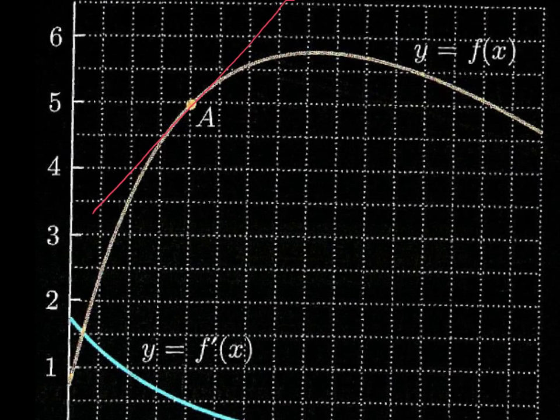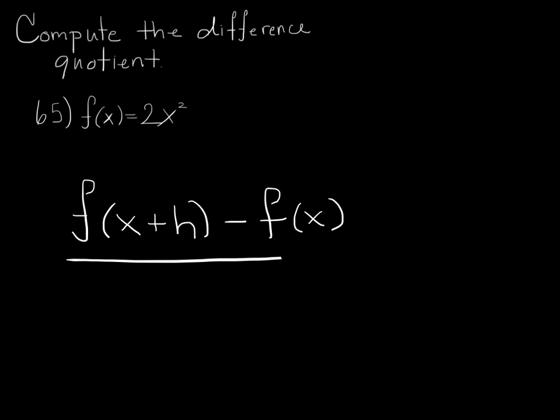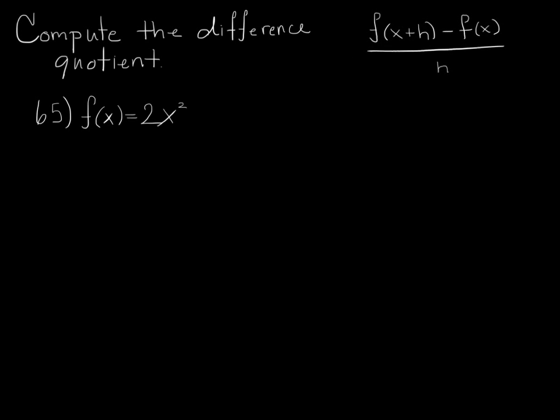Okay, and finally for the last problem, number 65. In number 65, we are computing the difference quotient for the function f of x equals 2x squared. Recall that the difference quotient is f of x plus h minus f of x all over h. So to compute the difference quotient, all we need to do is plug x plus h into our function, subtract from that f of x, and divide all that by h. So f of x plus h